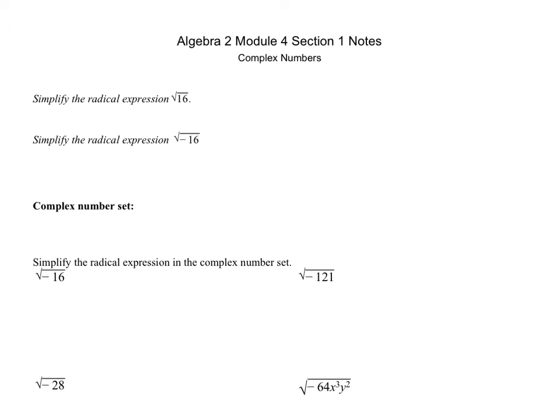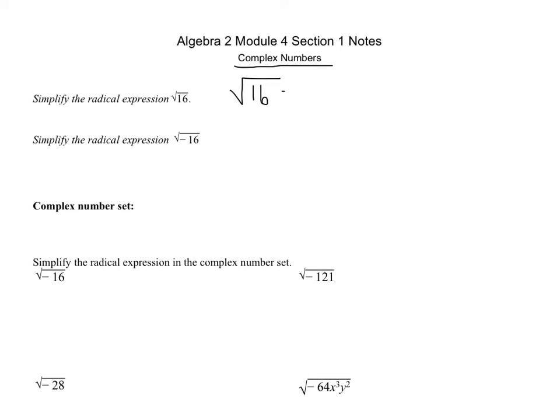Okay, so we're moving on to section 4, or module 4 in section 1. And this is a really important chapter in Algebra 2. It deals with quadratics. Before we get to those, we have to deal with something that's called a complex number. Okay? So if I say simplify the radical expression square root of 16, we all know the square root of